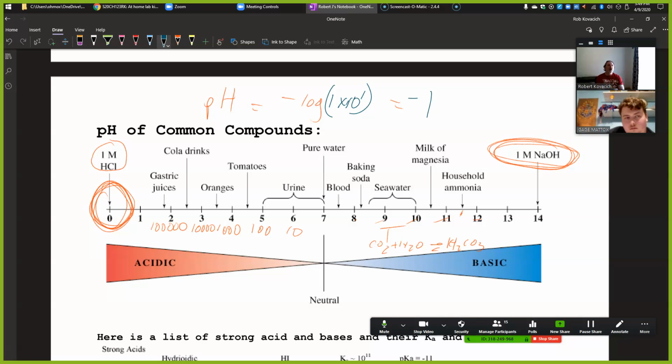Sulfuric acid goes up to a concentration of 18 molar. So we can just do the math on that. So that's 1.8 times 10 to the first. So what does that work out to be? 1.8 E 1 negative,